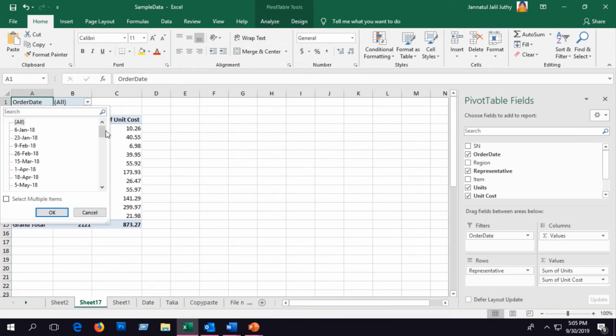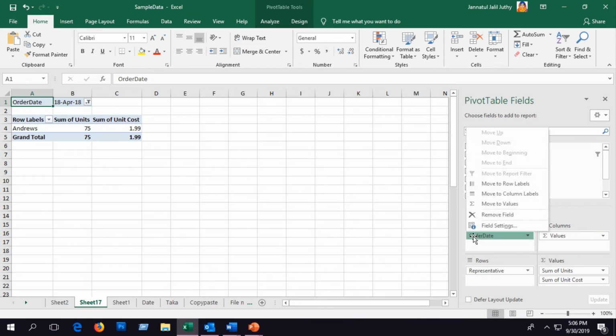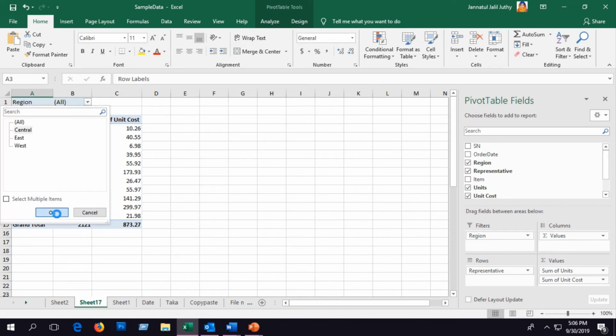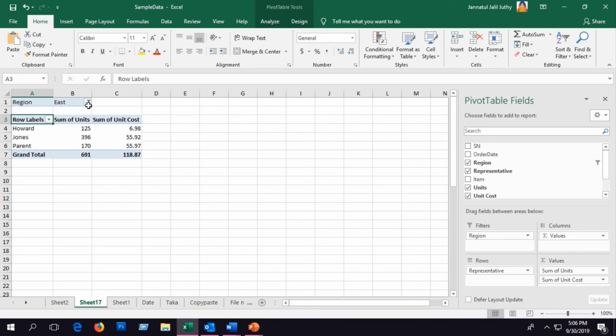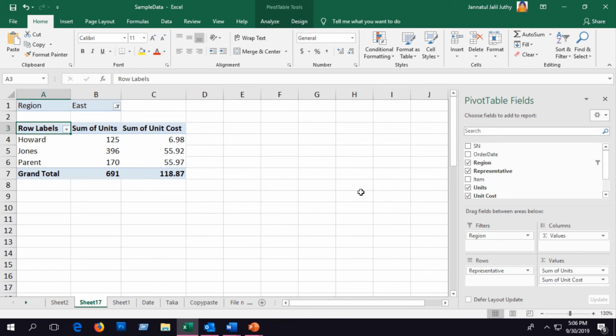So what you have to do is delete the order date from the filter option and put the region in there. So your data is sorted as per region. See, it's much simpler. Now you can see very easily